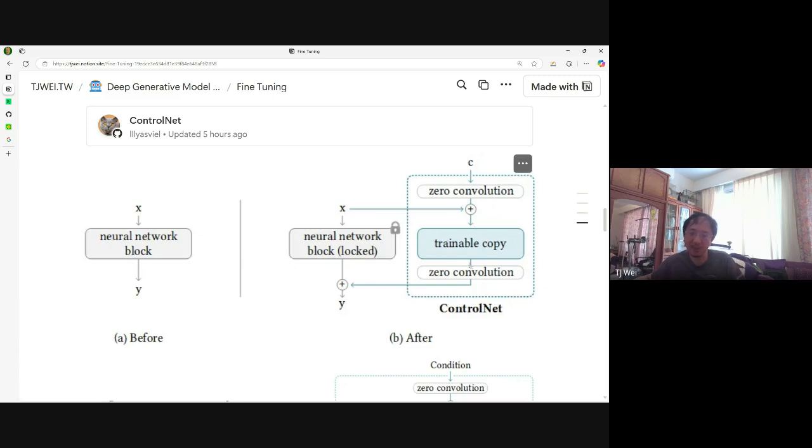Everything has its reason. It is not the only one way. There are some options that you can change. For example, you don't need addition. You can use